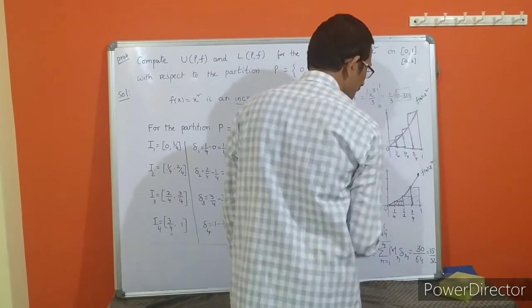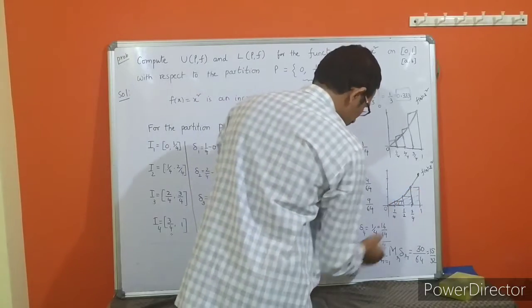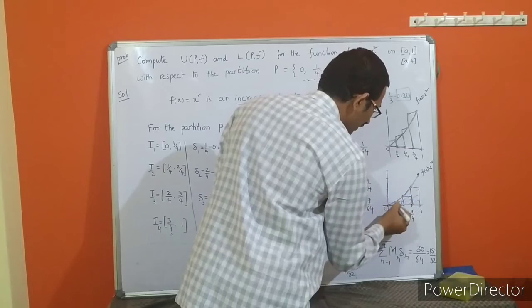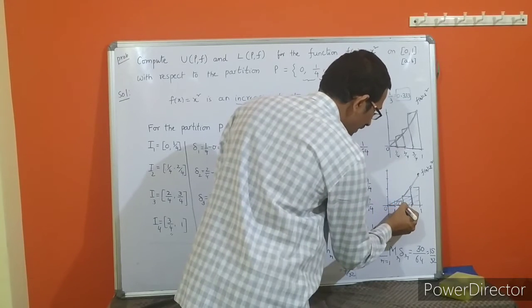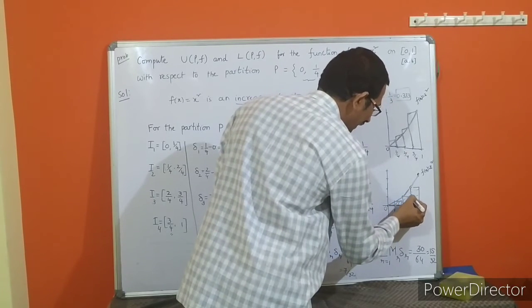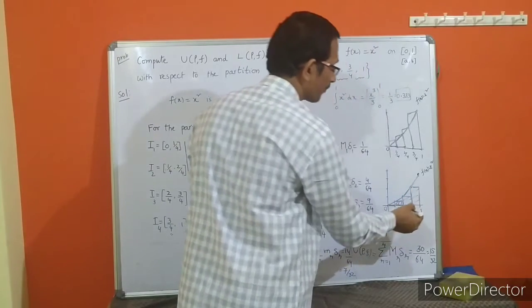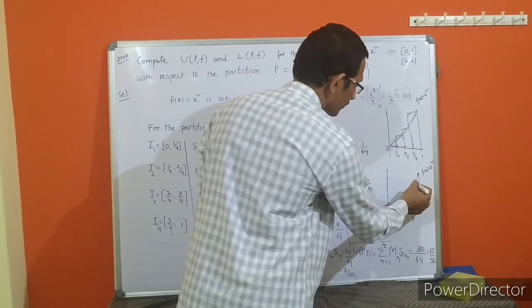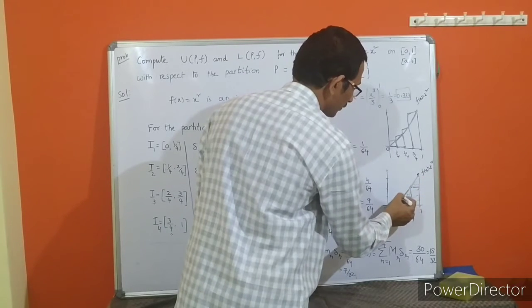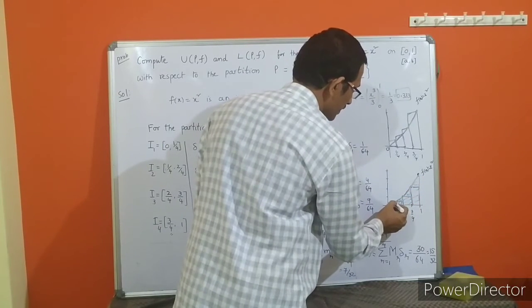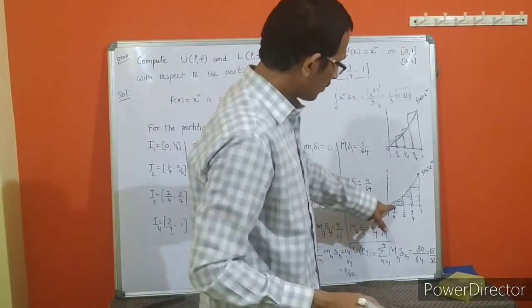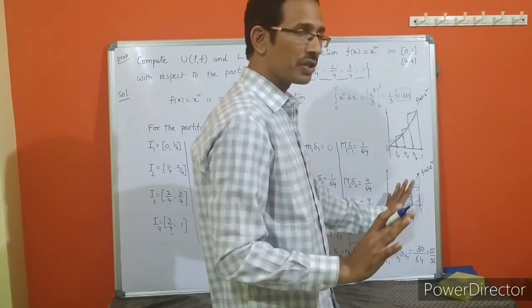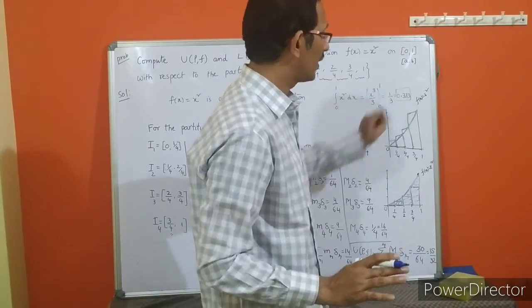See here. Similarly, the original area under the curve is this, but the area formed by these lower rectangles is smaller than the original area. Actually, this area we missed. We missed this area. We missed this area. See? So this is a rough estimate or approximation for the original integral value.